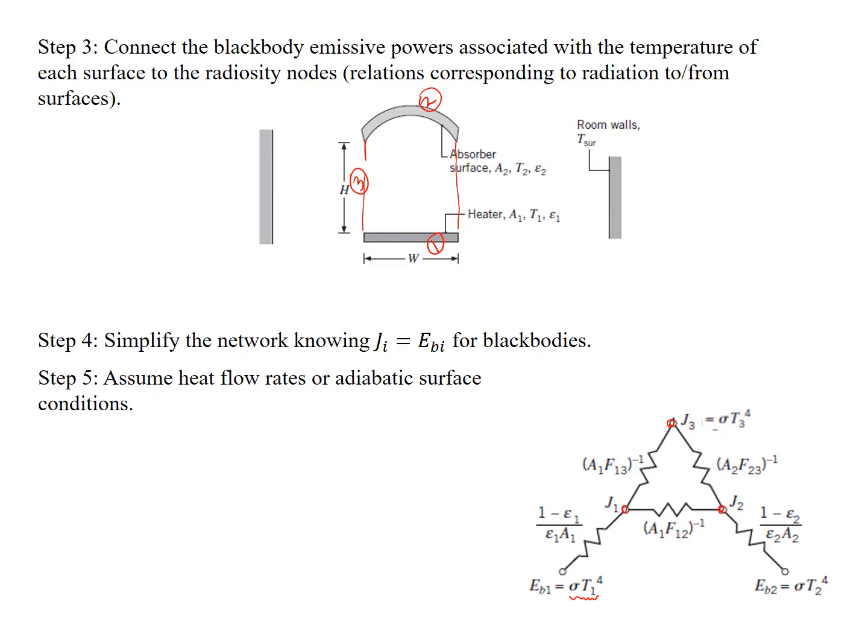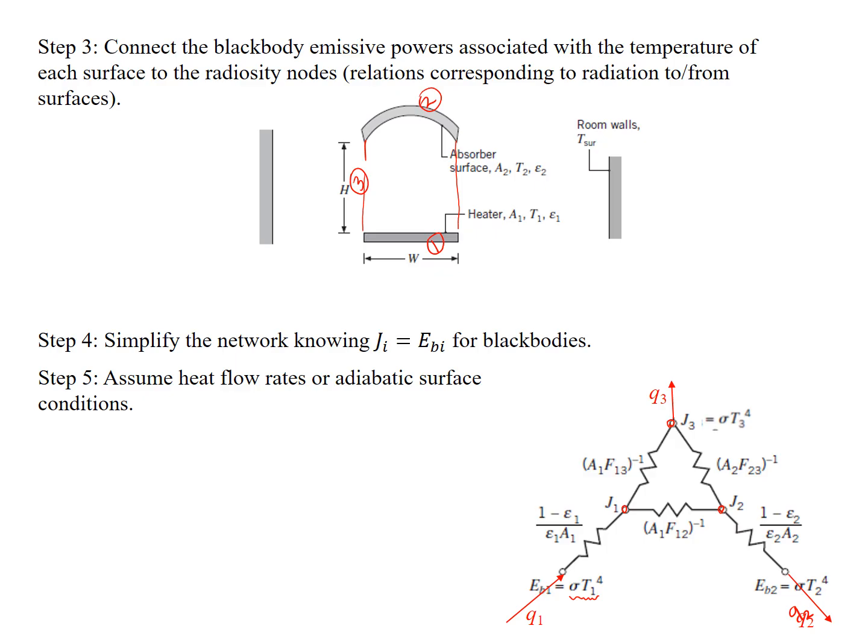Now in the last step of this slide, we assume heat flow rates or adiabatic surface conditions. I'm going to use some of the things that I know from this problem. For example, I know that the net radiation is going to be from the heater towards the absorber because the heater is sitting at a higher temperature. So I'm going to assume that this is how the radiation is going to happen. Q1, this is heater providing more net radiation basically, and then you have Q2 going to the absorber, and then you will have your Q3, which is the radiation lost to the